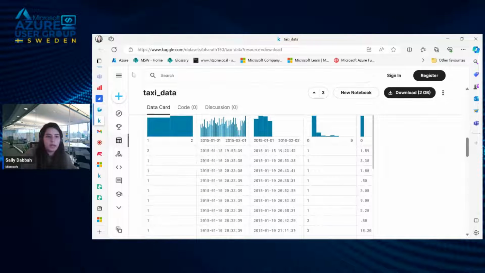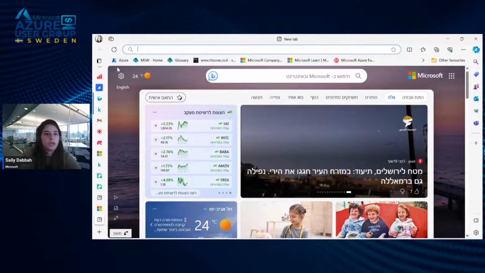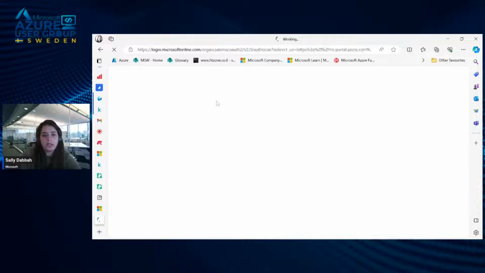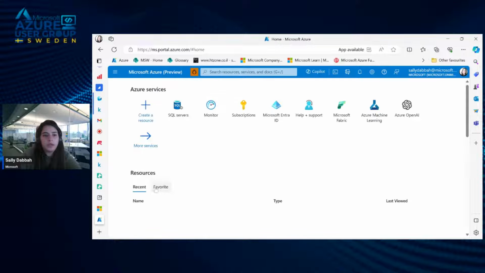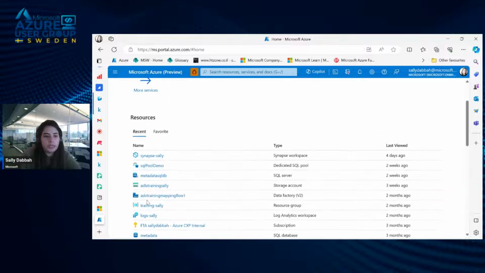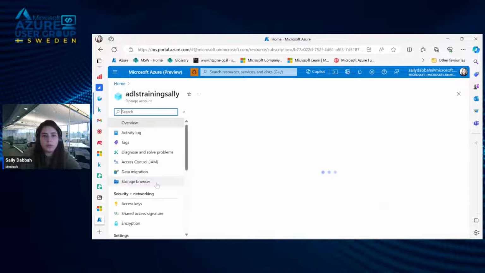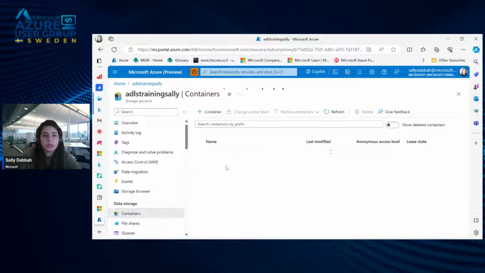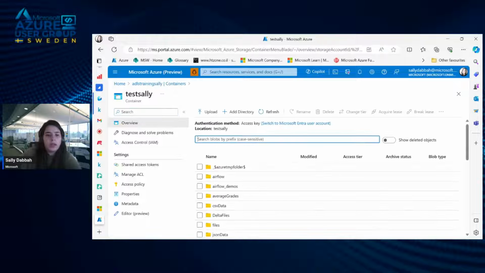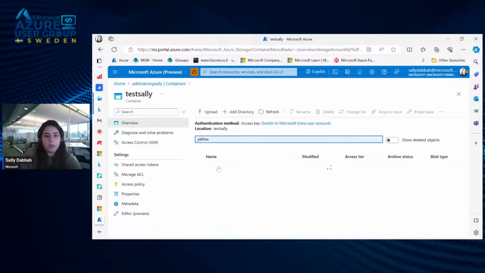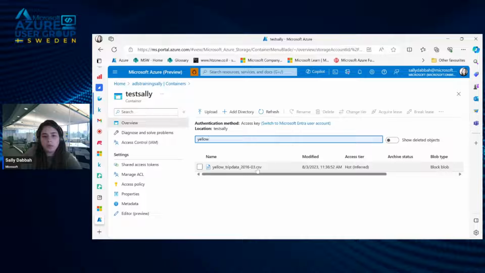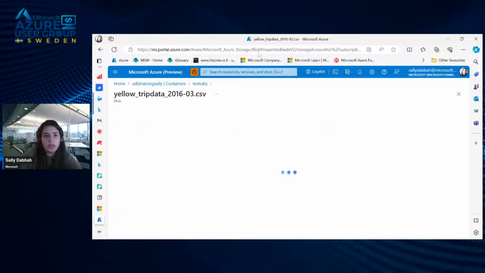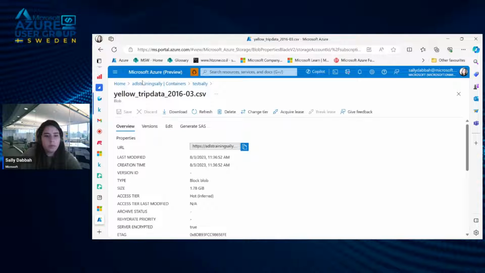So after that, I uploaded it into my ADLS. I have an ADLS account. I just wanted to show you that you can add all your data in ADLS. It can be added to OneLake without copying it to OneLake. So you will utilize basically the shortcut advantage that we have. And the file that I uploaded is called Yellow Trip Data 2016-03 CSV. Okay, this is my ADLS. I need to download it, so basically this is the file.